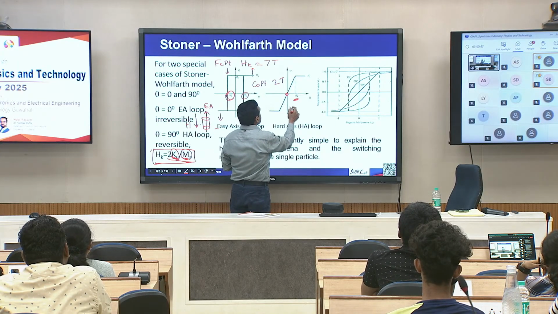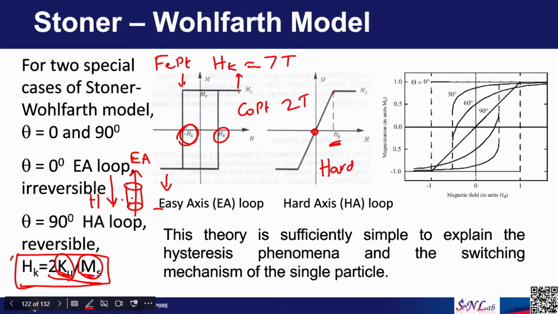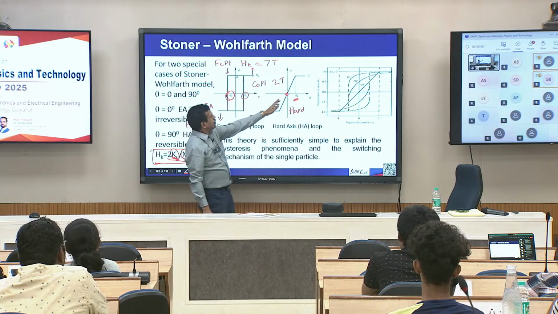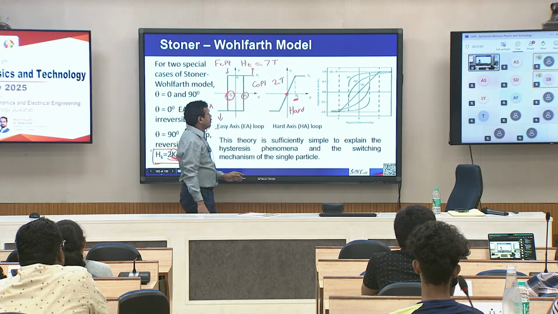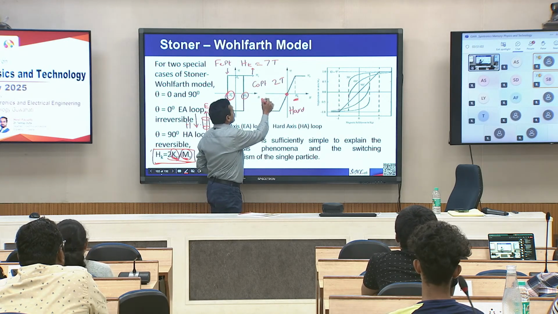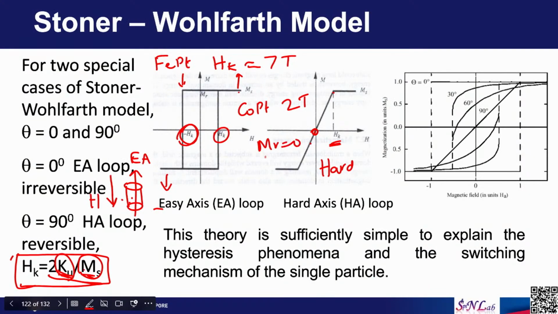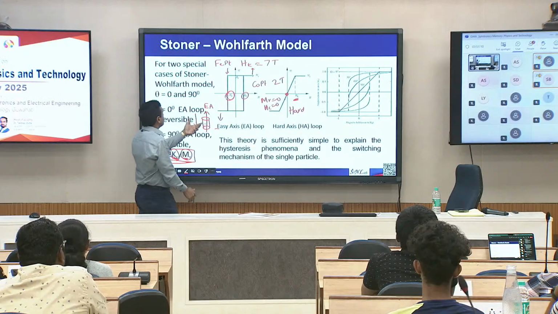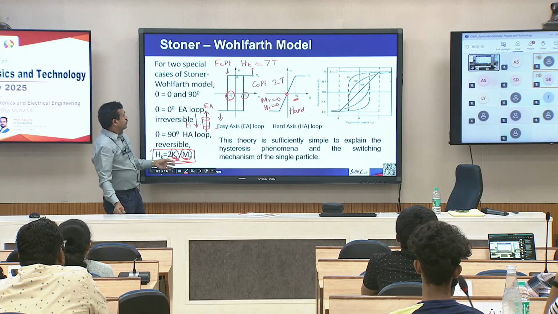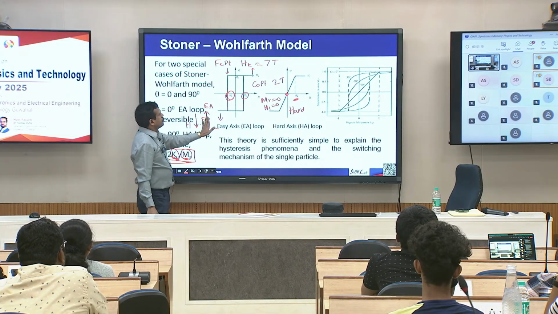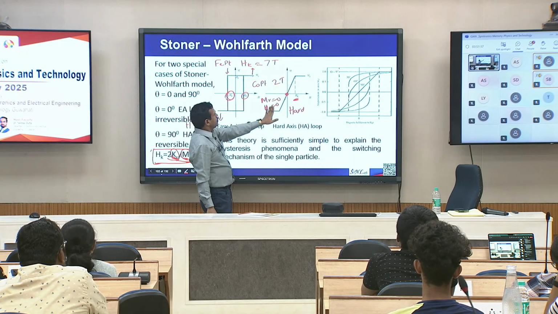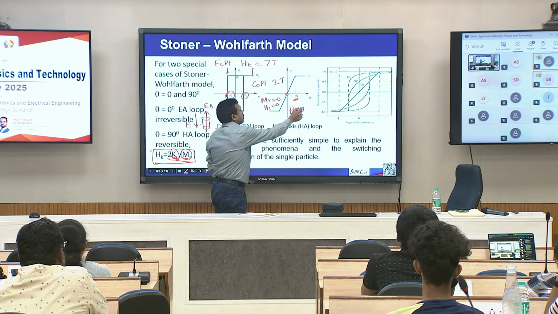Okay, so, in the hard direction, there is no hysteresis loop. So, when you take a single particle under Stoner-Wohlforth model, there is no coercivity in the hard direction. Okay. Remanence is 0, coercivity is 0. This one is a theoretical model. Okay. Theoretically, if you take one particle, it will have 0 remanence, 0 coercivity when you measure hysteresis loop in the hard direction,